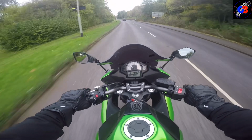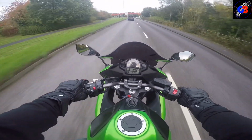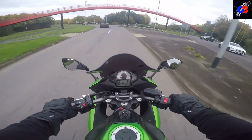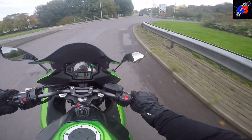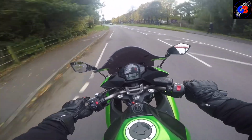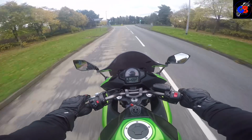But this gives you that kind of happy in between, so it's got a bit of a sporty look to it, I think. You let me know in the comments if you disagree, but I think it's got a nice flair to it and it does look relatively sporty, but you don't have that sporty riding position where you feel like you're going to hurt your wrists and stuff after prolonged riding. It just feels like a touring bike where you sat up pretty much straight,